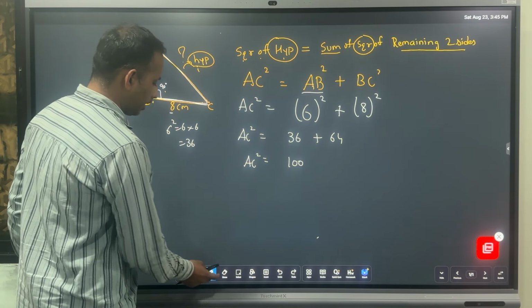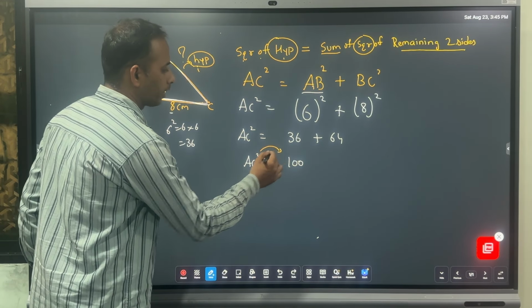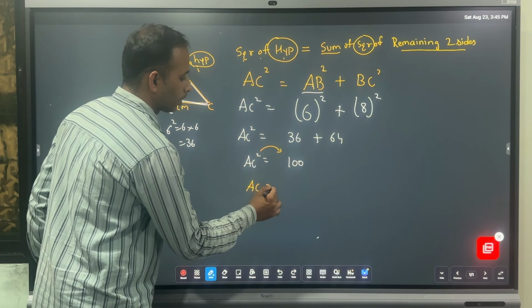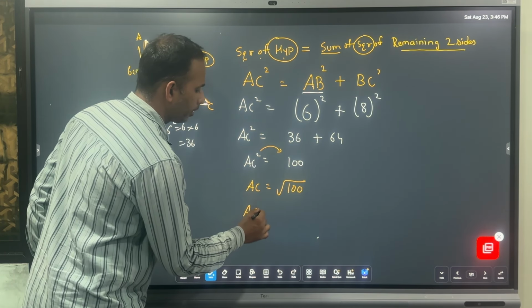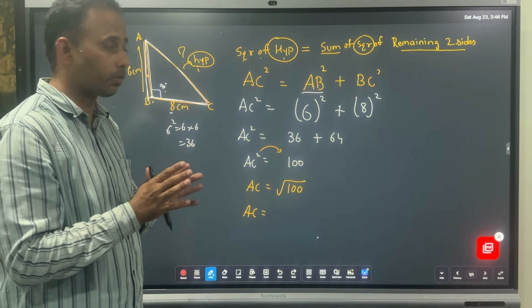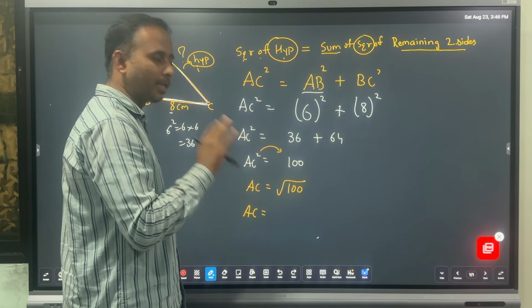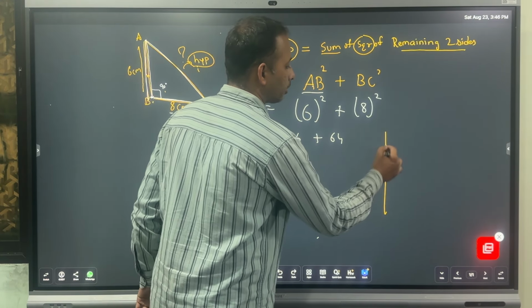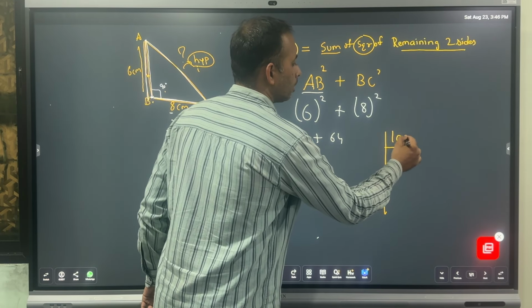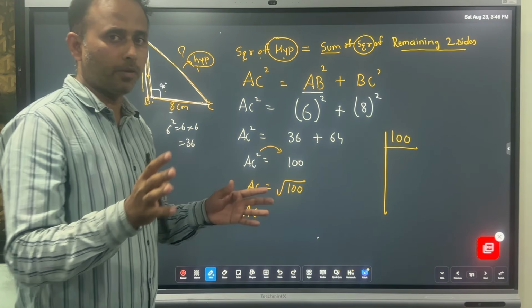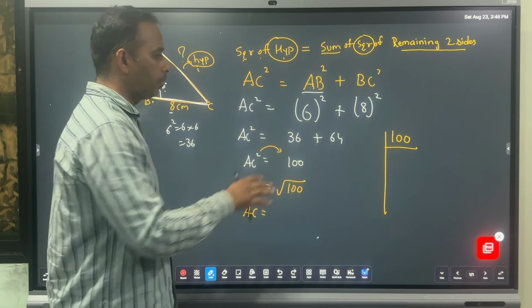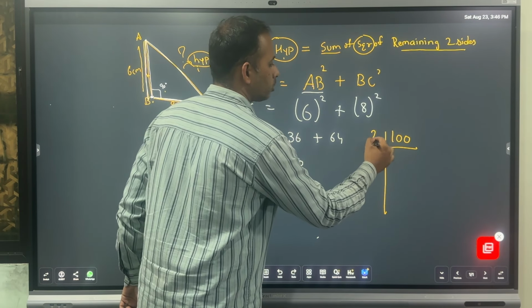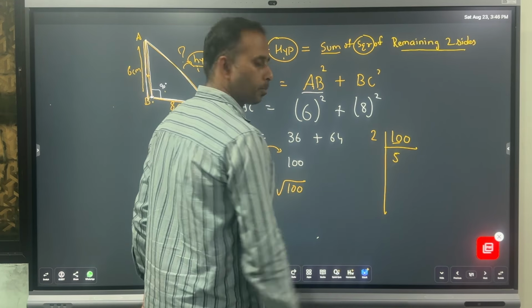Now what will we do with this square? This square will be transposed to the right hand side, and that becomes root. Square root of 100 we have to find out now. Square root of 100, I guess everybody knows that, right? We know that is how much? 10. Then I'll be showing it by calculation for 100. You can apply the division method or prime factorization method to find the square root of 100, depends on you. So I'll be using the prime factorization method. It is 2 5s are 10.